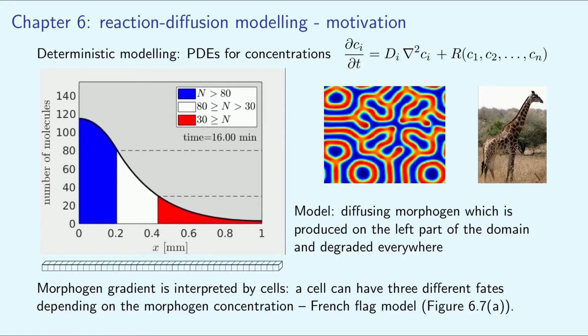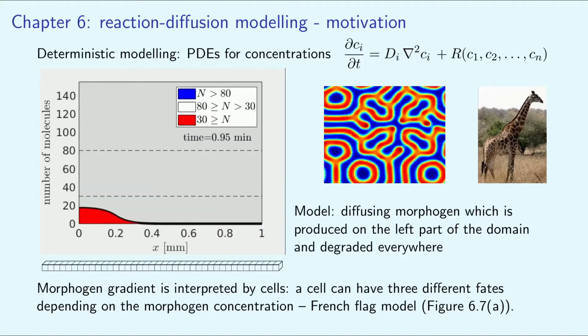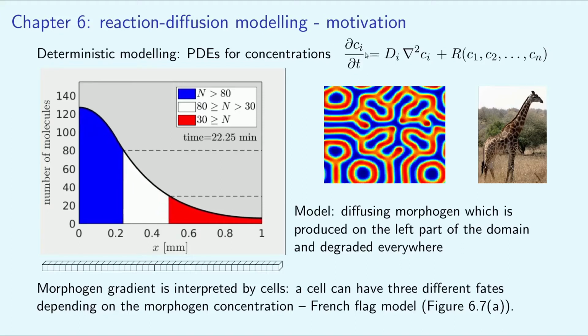To motivate this chapter, I'm starting here with the deterministic modeling of reaction-diffusion processes, which students taking this course in Oxford can learn in other mathematical biological courses we offer to our undergraduates. Deterministic models are written in terms of partial differential equations for spatially varying concentrations of chemical species. Such a reaction diffusion equation is written here, where Ci is the concentration of the ith chemical species and Di